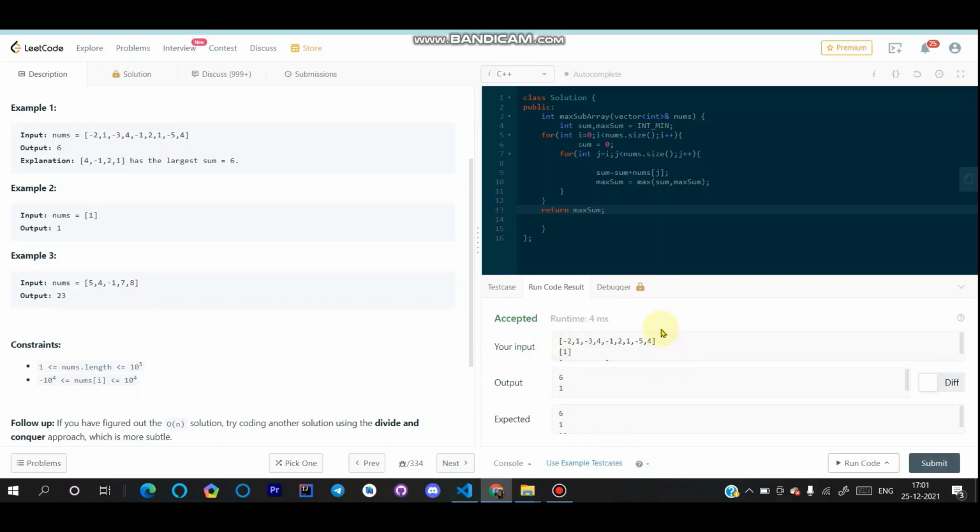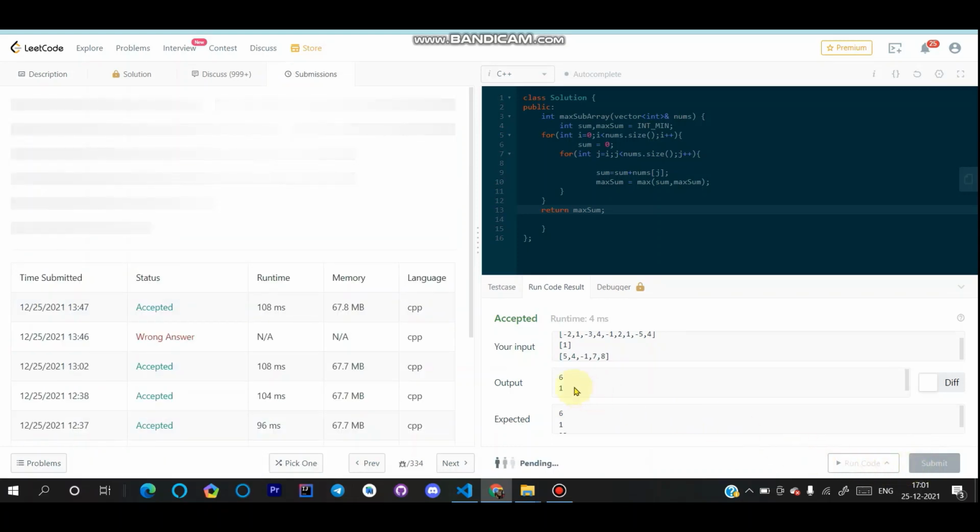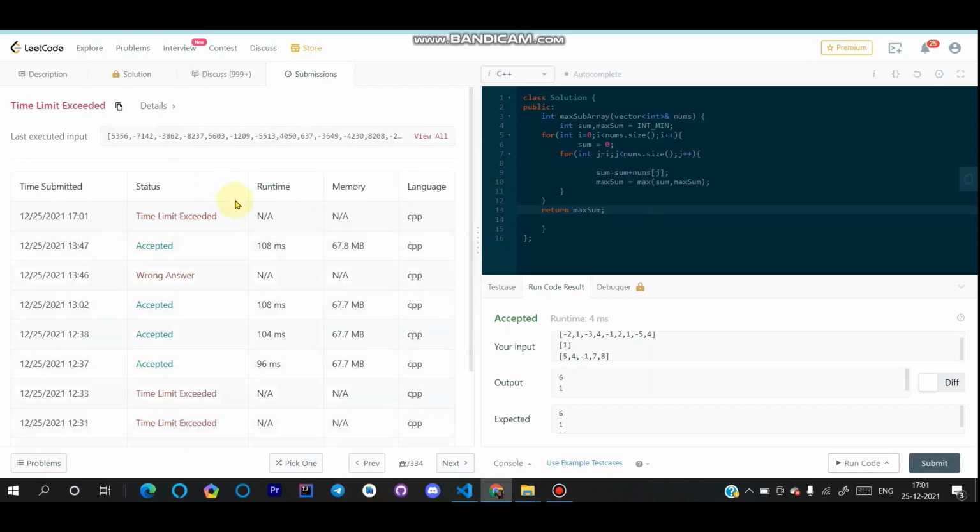It's again accepted, but as soon as we submit it, we see that a TLE must be coming. See, a TLE. That's why we use the Kadane's algorithm, which we would be coming to in the next video.